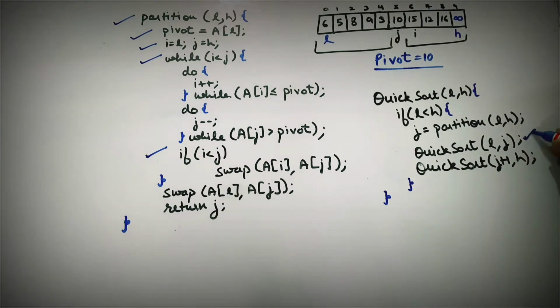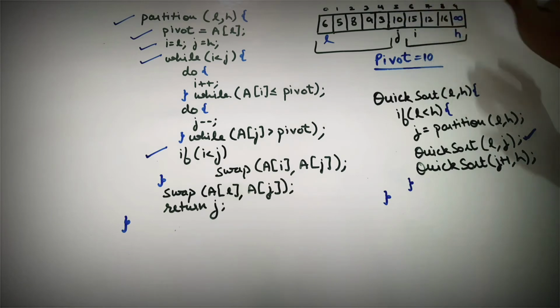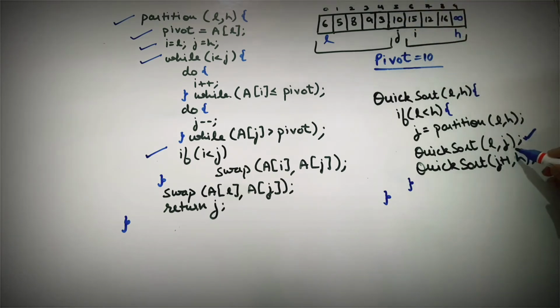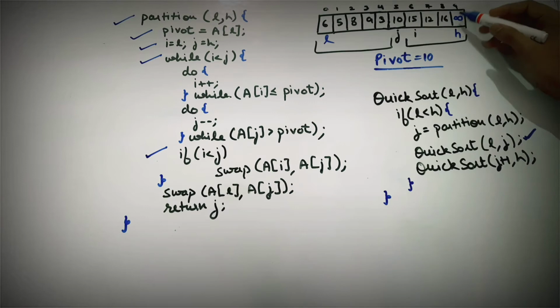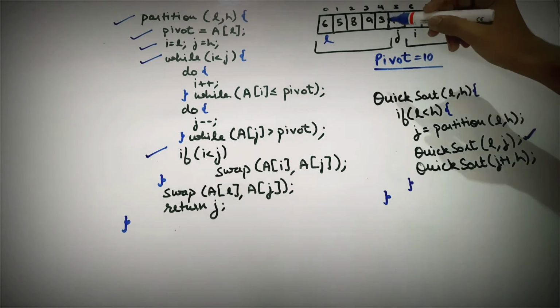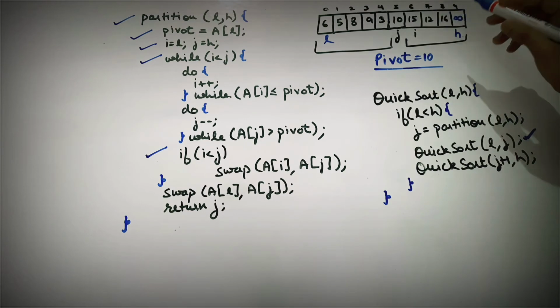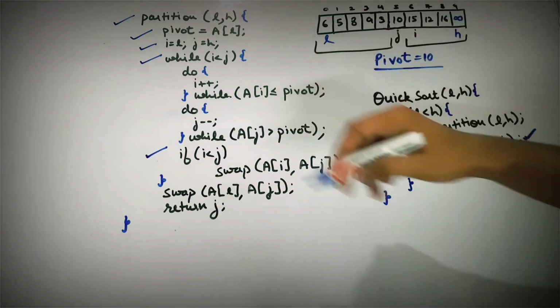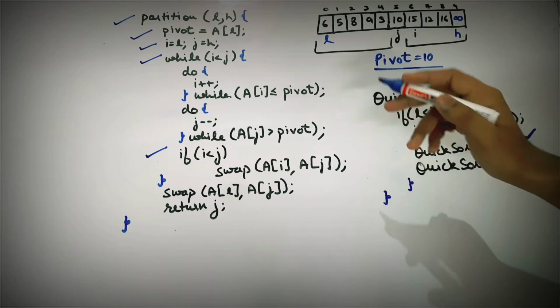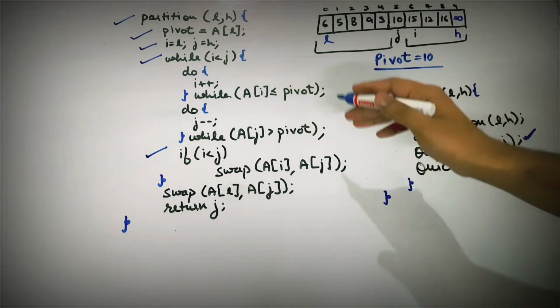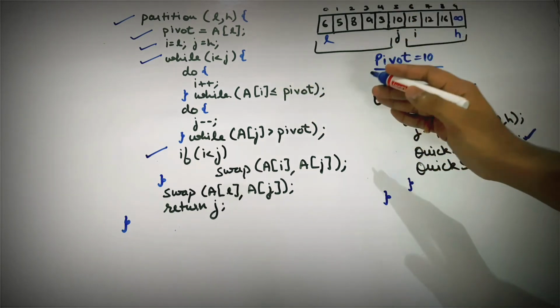Now come to this part. As you can see, this element is already sorted. Then why do we need j here? See, the right hand list is having infinity. Then where is the infinity for the left hand list? So this sorted element will help as an infinity for the first list. So this is how quicksort works, which is using the partition algorithm. Partitioning was just finding the position of the pivot by taking i and j.